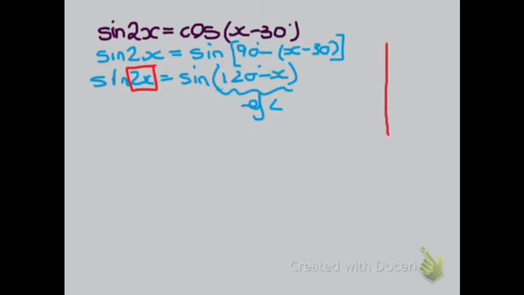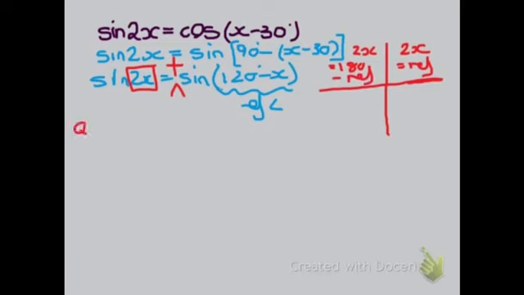So remember what we've got. We've got sine 2x is equal to a positive. Where is sine positive? 1 and 2. So 2x, the angle I'm finding, is either in 1 or in 2. Remember, in 1, it just equals the reference angle, and in 2, it's 180 minus the reference angle. So no biggie. Quad 1,